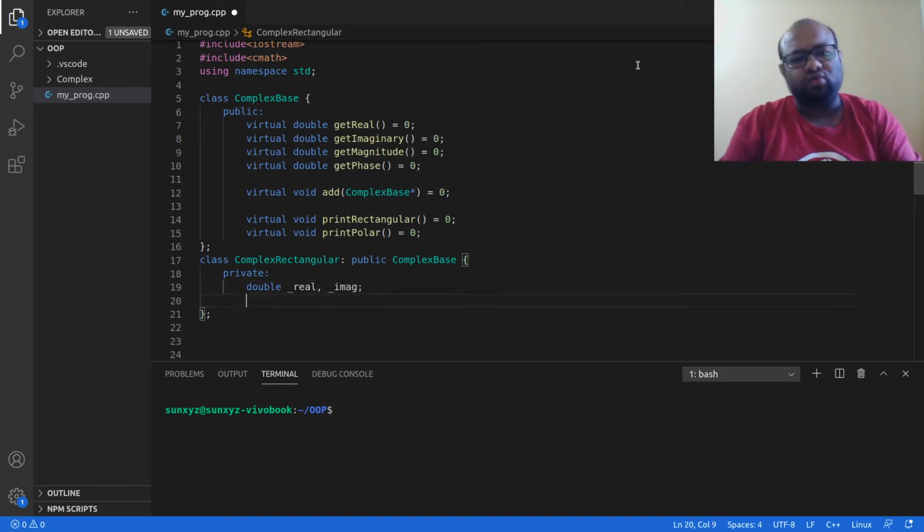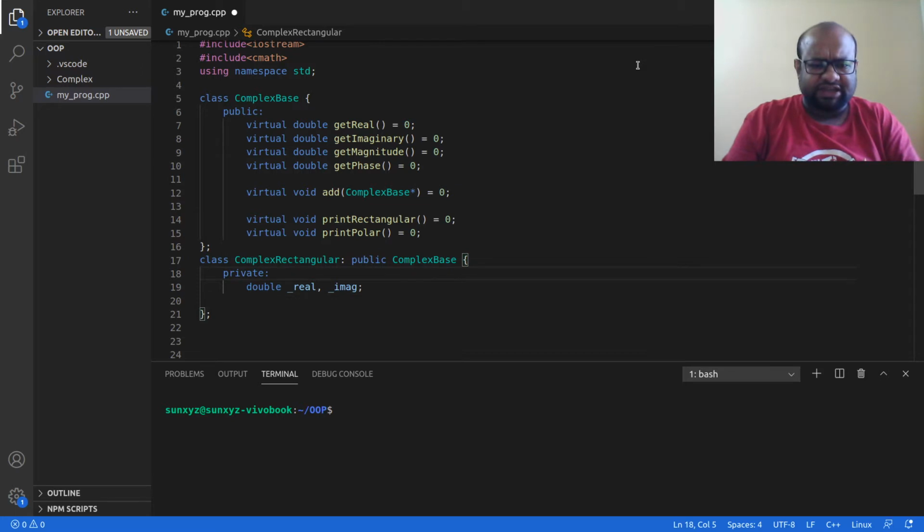These are two doubles that I have, and I am keeping them private because I do not want any other code outside my class to have access to these variables. One more thing that I want to point out: I am explicitly writing this private over here. I do not need to do that. By default everything is private.